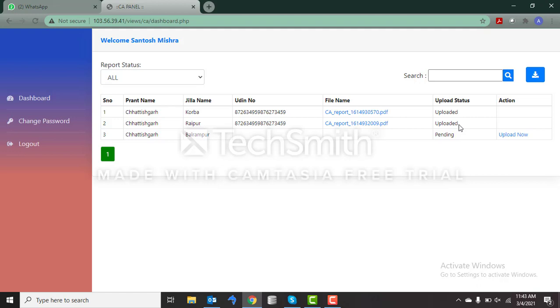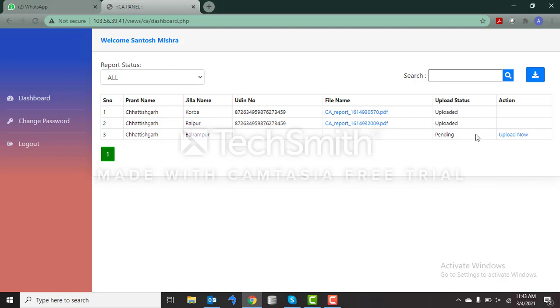Now this information goes to the admin as well. So the admin of the Shri Ram Janmabhoomi Teerth application has the right to approve this audit report as well as reject the audit report accordingly. So if he approves the report, then it's okay, there is no need to do anything.